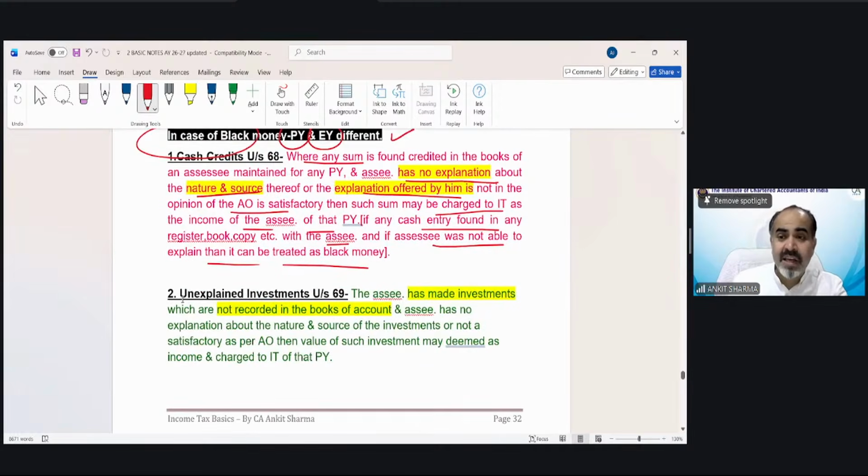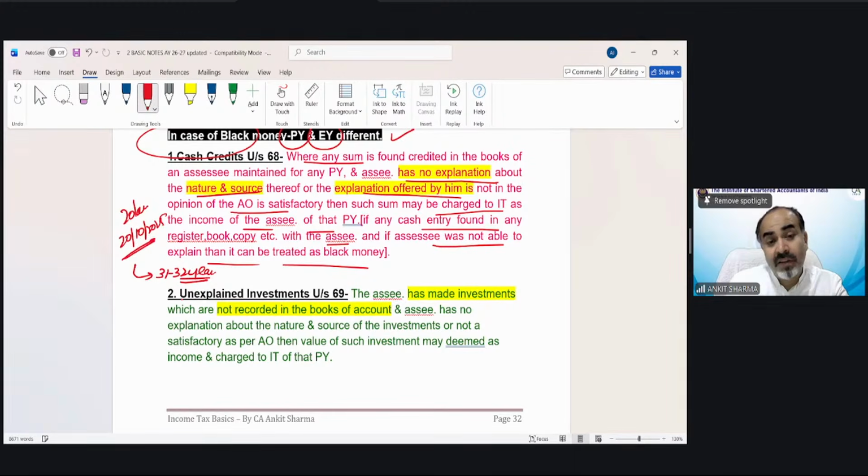That means even if there are entries in the books of accounts which cannot be explained and which have not been included in the income you have shown to the income tax department, that could be treated as your black money. Suppose a 20 lakh rupees entry has been made on 20th of October 2025. Okay? Our department has found your register in 31-32 year.